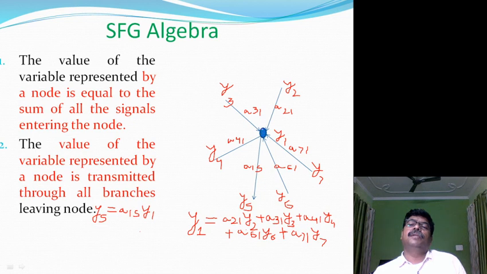This node is represented by variable y1, and y4 to y1 having a path gain of a41,